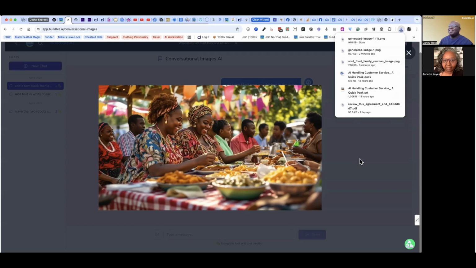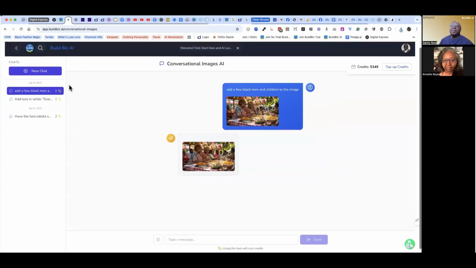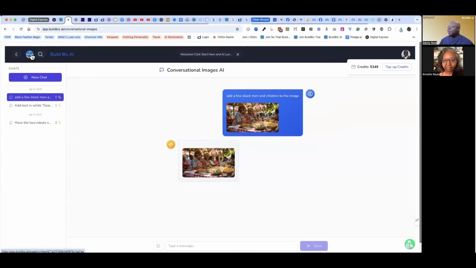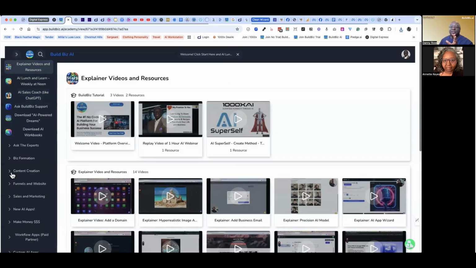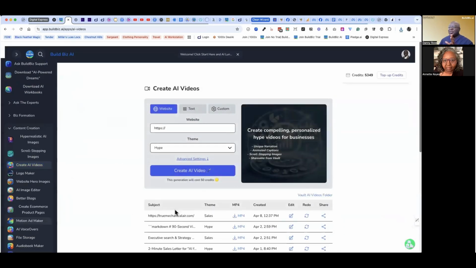So now we've got a little bit different version of that same image. It kept the two ladies right here in the front, kept this lady. It added a couple of guys. This guy wasn't there a minute ago. Absolutely love this new AI app. It is phenomenal. Okay. All right. So I think we've got that. So let's go back to any questions on this app or anything I've done so far? Please feel free to interject commentary, including, what do you think of the AI apps as we go through them? All right, let's go check out our friend, the